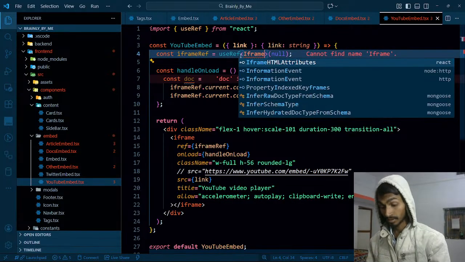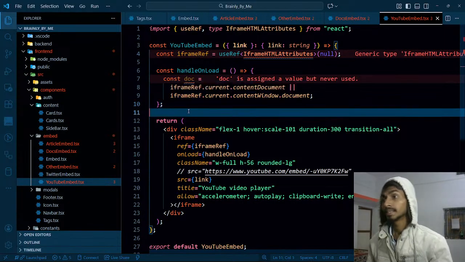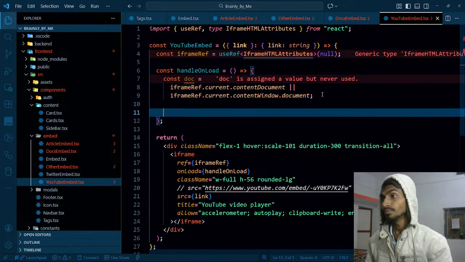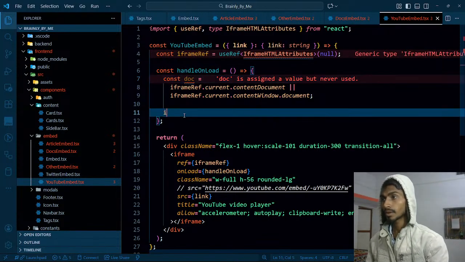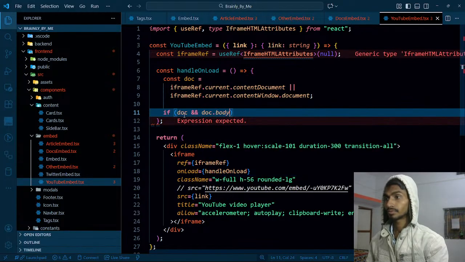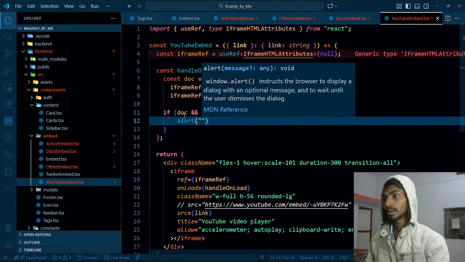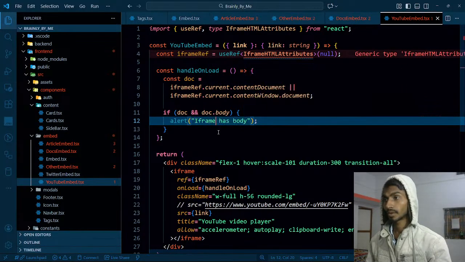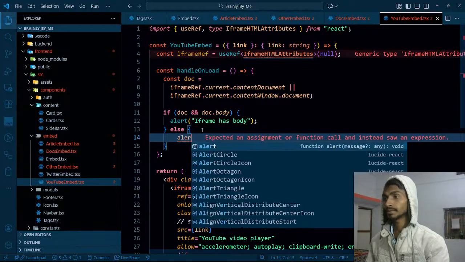iframe HTML attributes, and then this got done, and after that I have to check whether there is value inside that or not. That means once I got my documents, then I'm checking that if doc and documents dot body, I have in that case alert iframe has body, whatever. Otherwise, in else case, alert